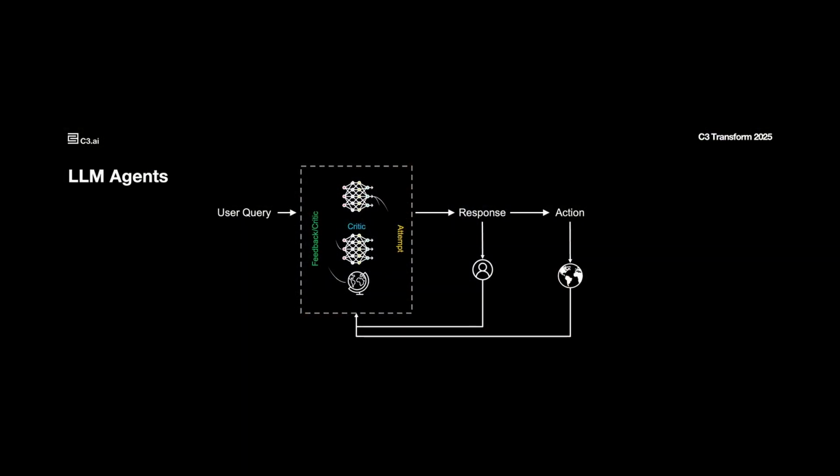Now there's two additional innovations that make agents possible. The first one is this concept that you're seeing on the slide behind me, this concept of a self-critic. So when an LLM response has a critic with it, it has a feedback loop. And that feedback loop helps the LLM improve its response. So this inclusion of feedback loops with this self-critic concept was actually incredibly powerful. It helps the LLM fine-tune its response.